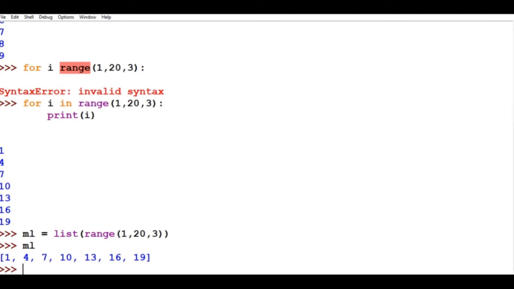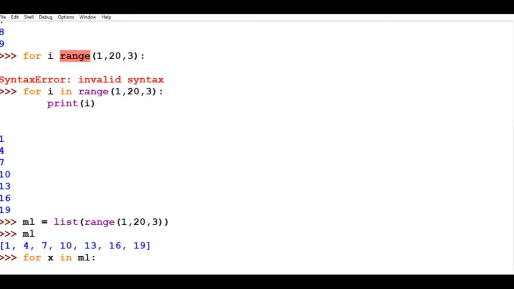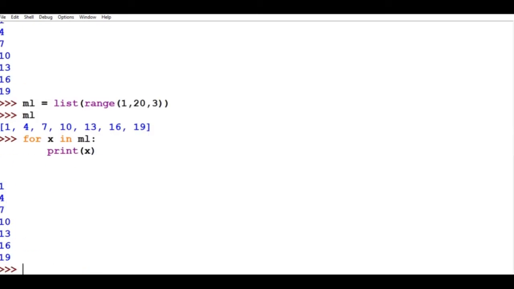Now the next thing is, we can iterate over this list: for i in ml. Remember, this i is any imaginary variable. So for x in ml, we can type x also, but remember you have to write print x here. So now this range will be created, and you will see you can iterate over a list, you can iterate over